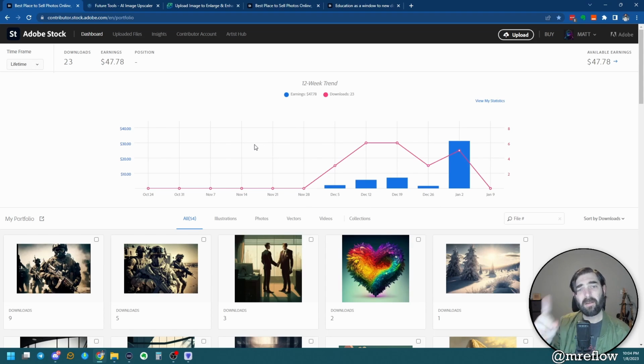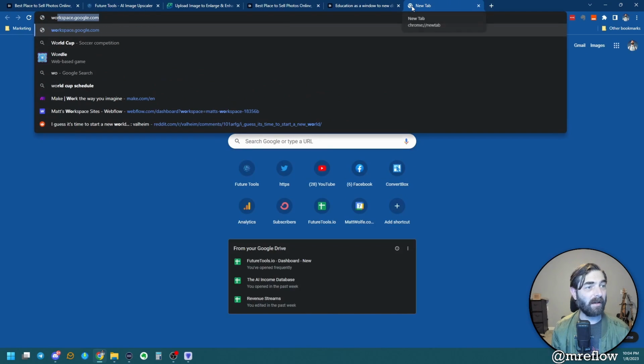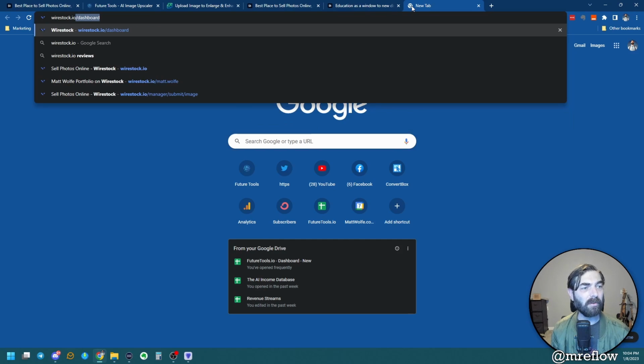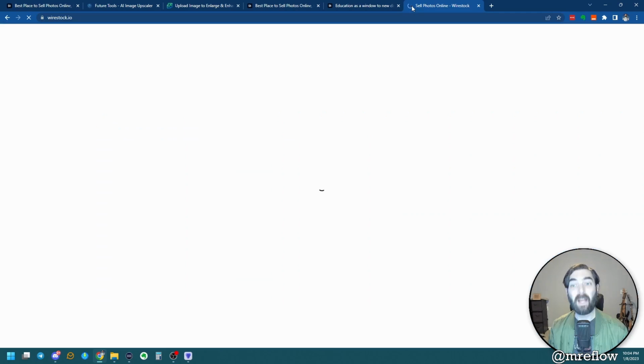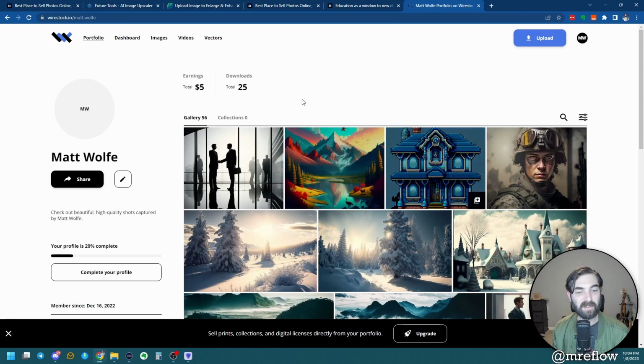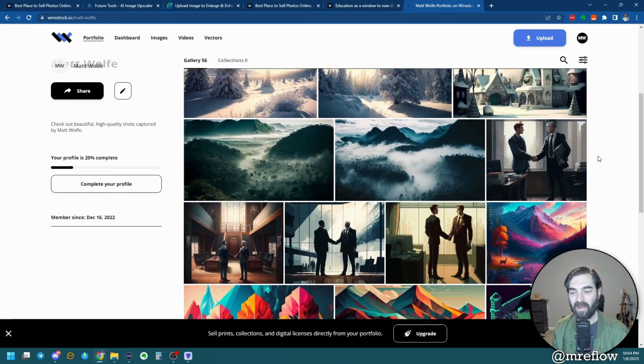Now, one other quick tip before I wrap this one up, there is a site called wirestock.com that I've started messing with a little bit. What this site does is it will actually upload your files to multiple stock photo sites at once. So you can come into Wirestock and you can see that I've uploaded pretty much all the same images into Wirestock that I uploaded into